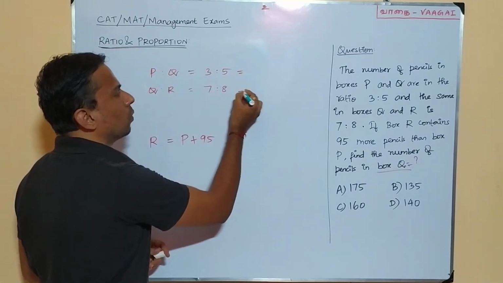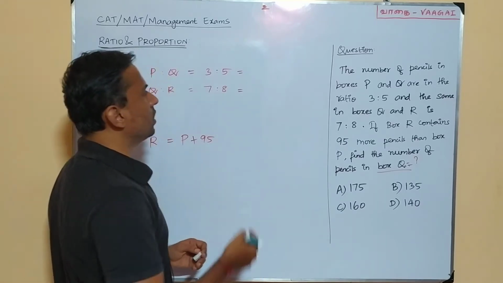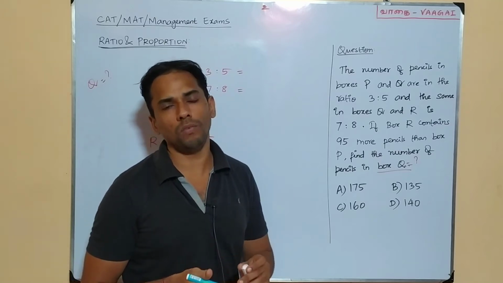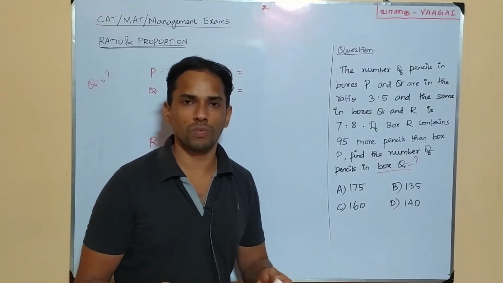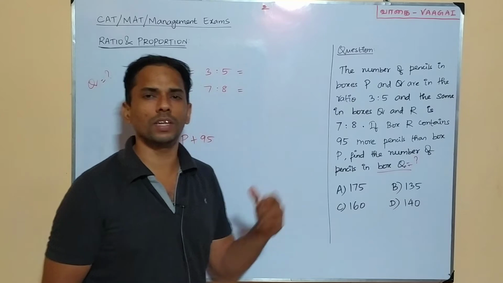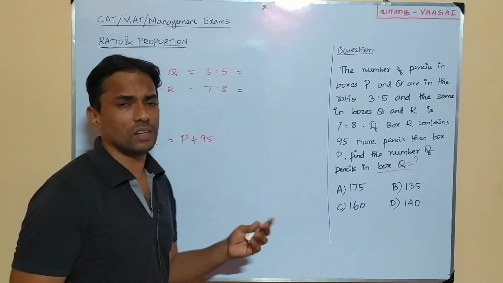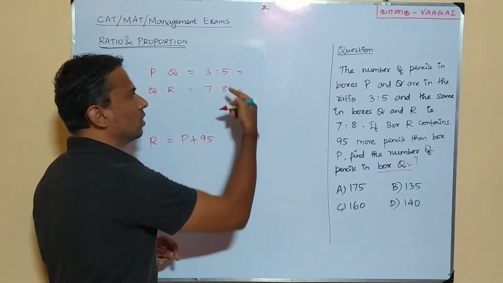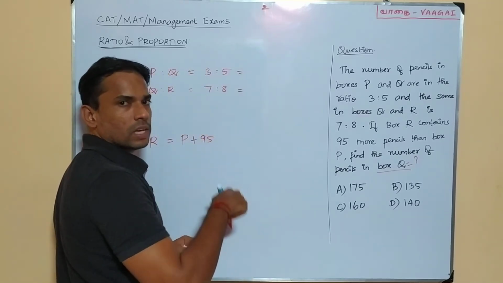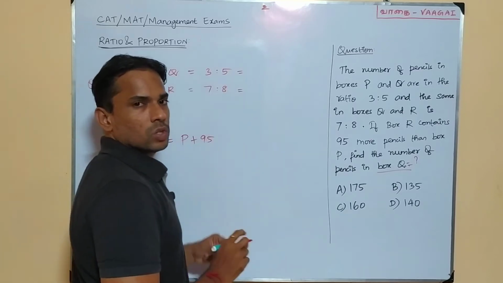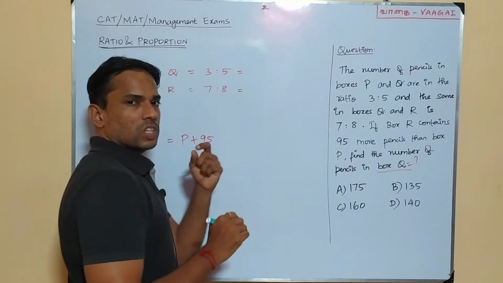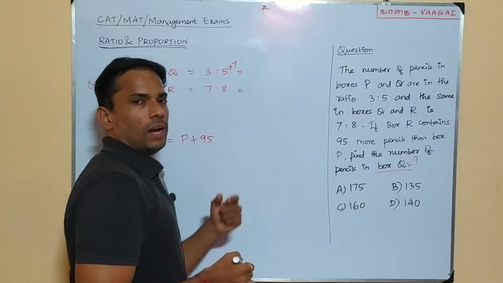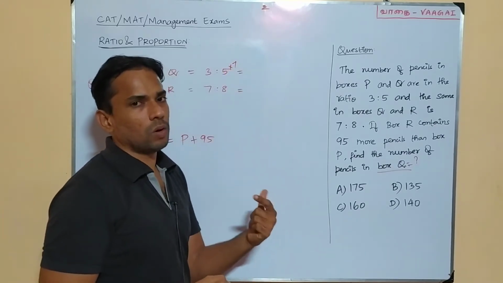So let's see the approach for how we can do that. It's going to be very easy. Just see the numbers 5 and 7. Let's go for a common multiple of both these numbers. We'll take the LCM, and the LCM here is obviously 5 times 7, which is 35. So let's turn both these numbers into 35. We'll turn this 5 into 35, and the same way this 7 also into 35. First, to make this 5 into 35, we'll have to multiply this 5 by 7. And in a ratio, we have a property that we have to use.